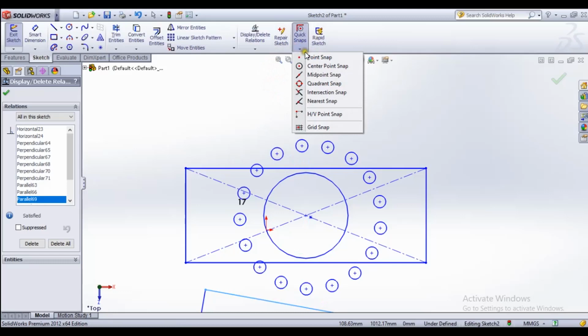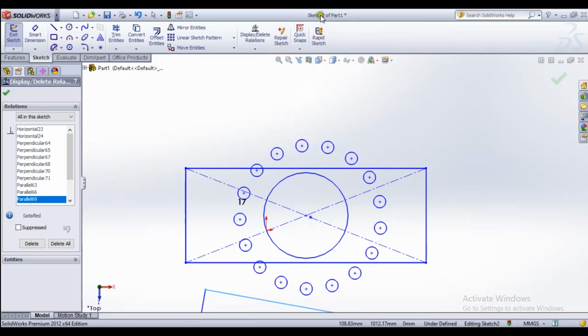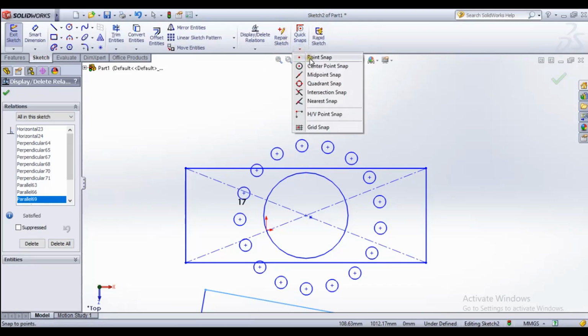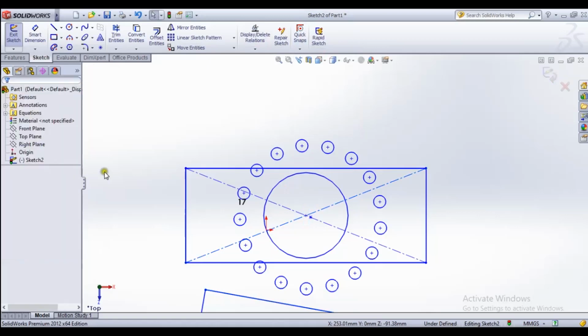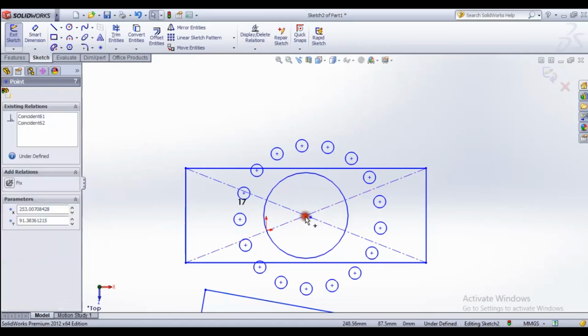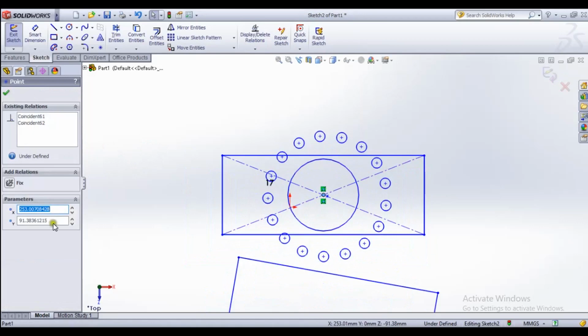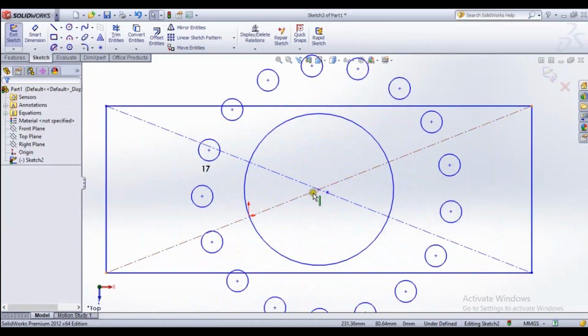So these are for quick snaps. Now we can take a point and quick snap, point to snap. Okay, relations. You see how the icon changes, view icon change.